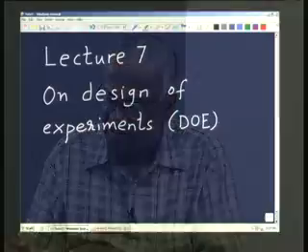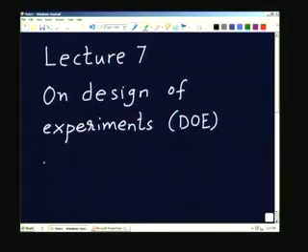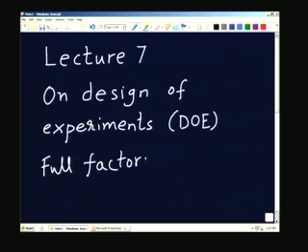So, let us get on with the idea of full factorial design, and let us explain the basic things about full factorial design, and I will work out the simplest example